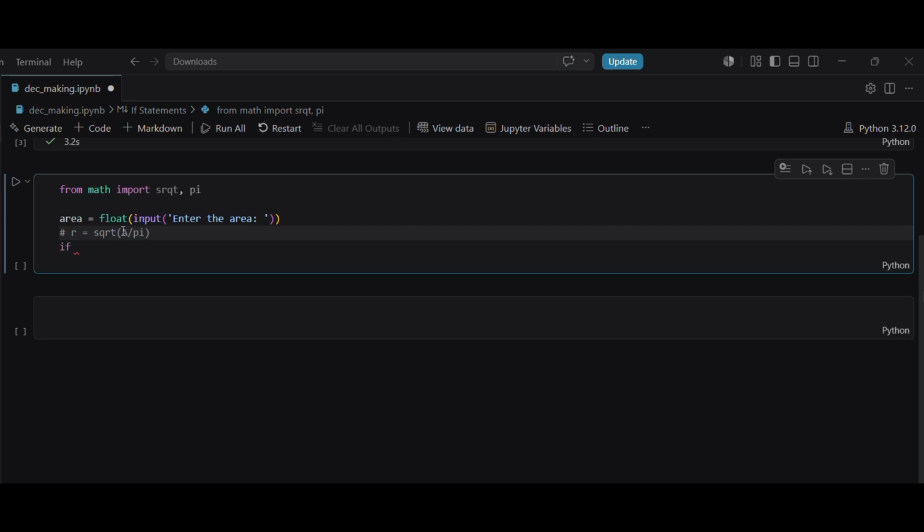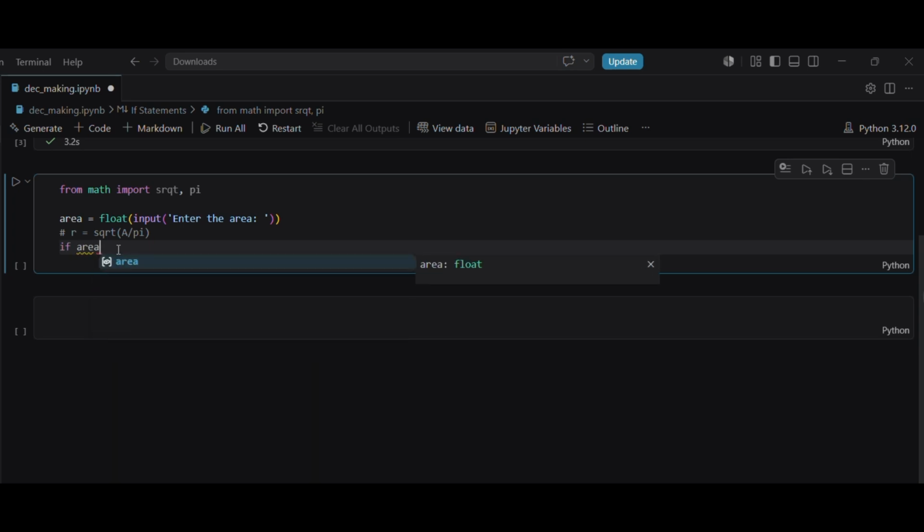So if area is 0, then this would be giving me an error. So not an error, but the radius will be 0. So let's define the condition. So if area is greater than 0,